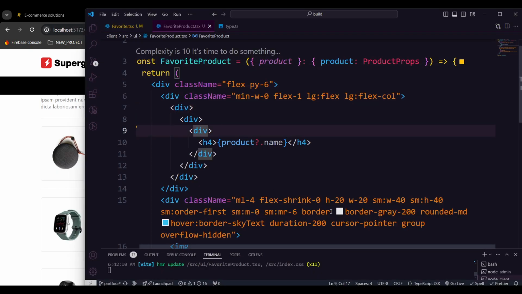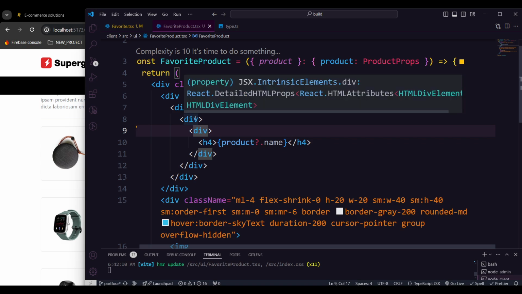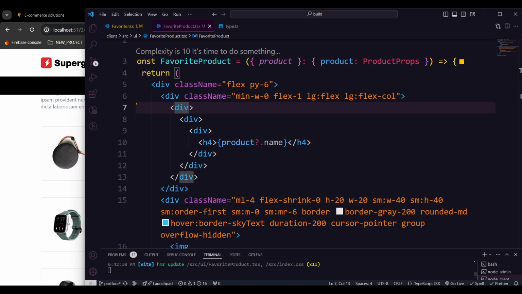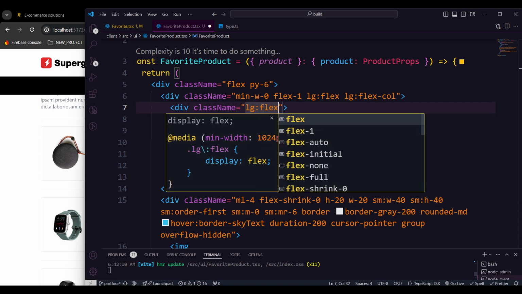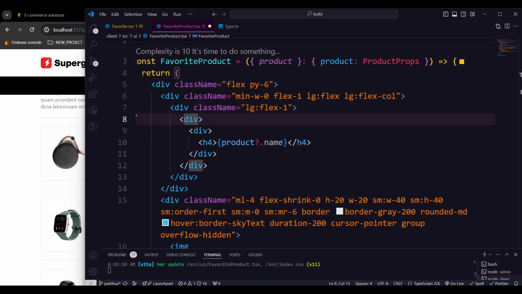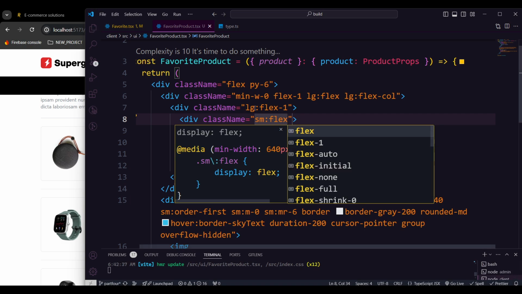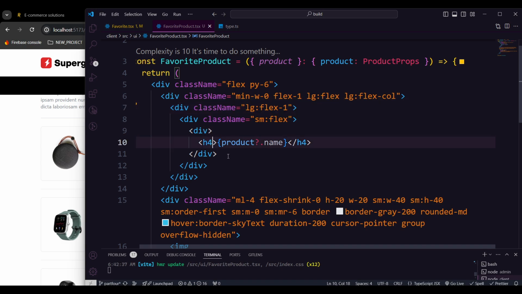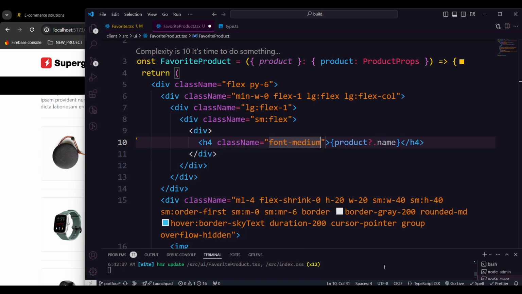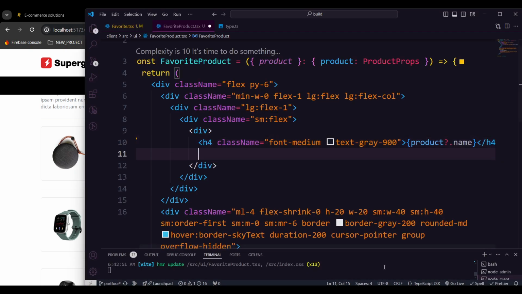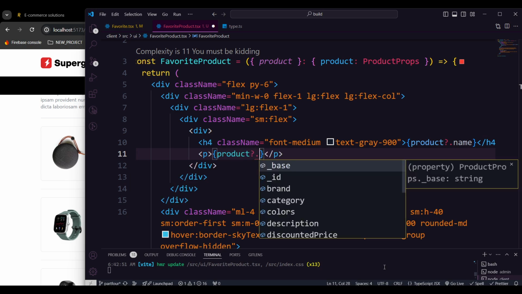So first things first, for that name div we will just keep it the same, but here we're going to start working from that particular div. Providing the class name, LG flex should be 1, so it gets the entire row, and class name SM should be flex. So now it will keep everything together with the flex properties. Let's go here and put a class name: font should be medium, and after that text should be gray of 900. Okay, cool. And after that a p tag, after the product name, where we will also pass product dot description,